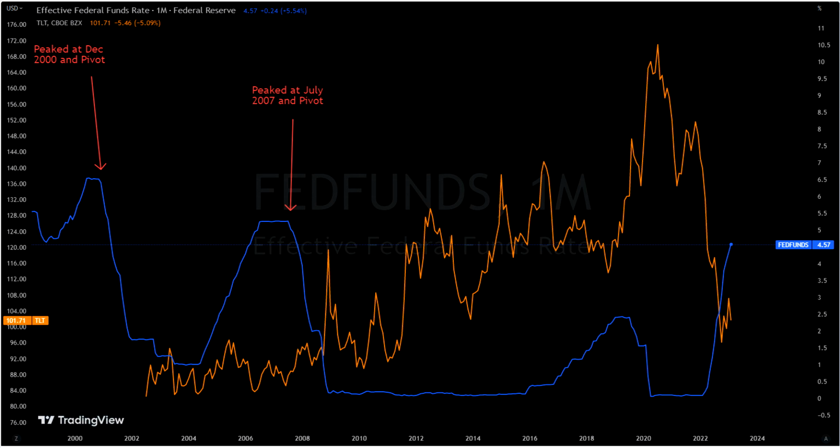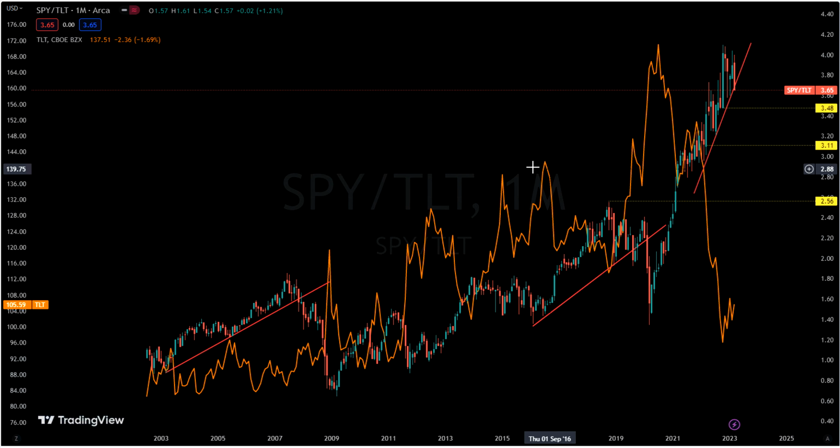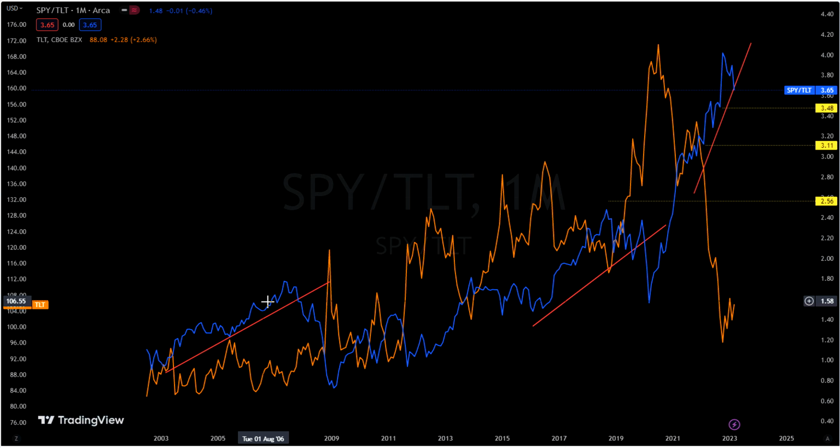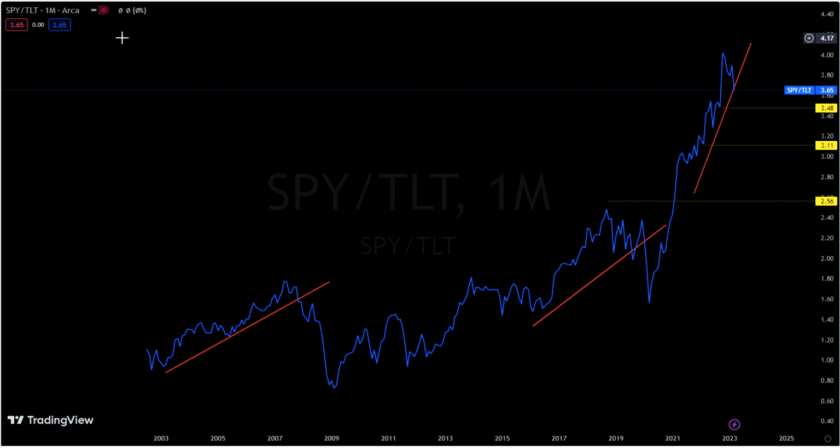And I just want to show you something else. This is S&P 500 compared to TLT. If you want to go with these two charts, let me just go to the linear one. I just want to show you. The blue line is S&P 500. This one is TLT. So let me just close this, right. This is S&P 500 compared to TLT. During this time, S&P 500, as you see, outperformed TLT, which outperformed the bond market. But what happened after that?